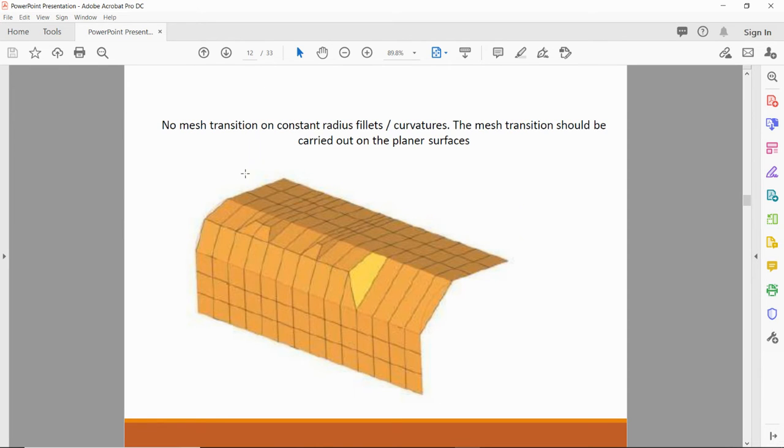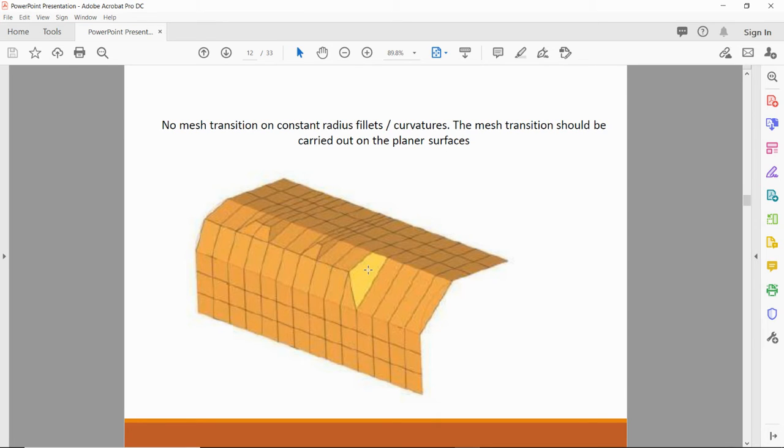So we must try to minimize the number of trias in the meshing. No mesh transition on a constant radius fillet or curvature. The mesh transition should be carried out on the planar surface. Here you can see the curvature part is there, but at this point the proper geometry is not considered, or the geometry is not occupied by the meshing.